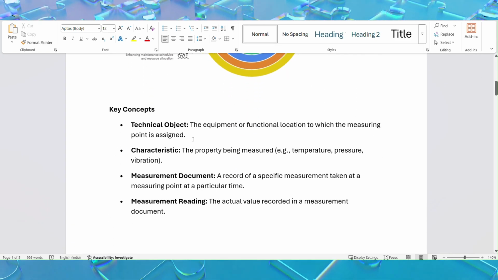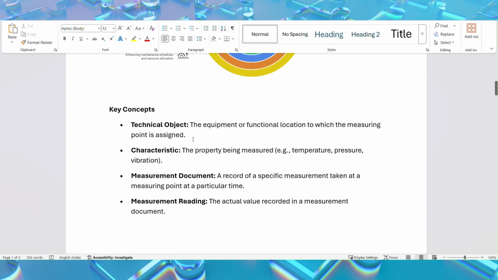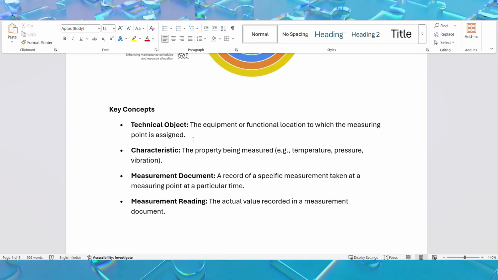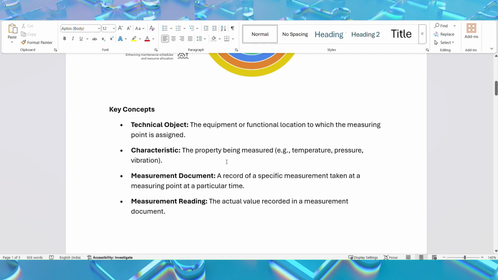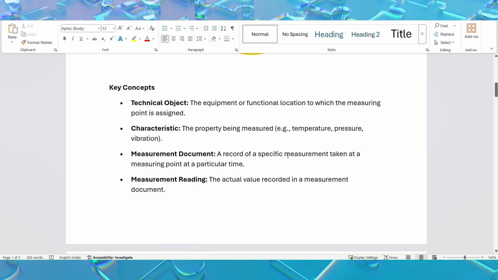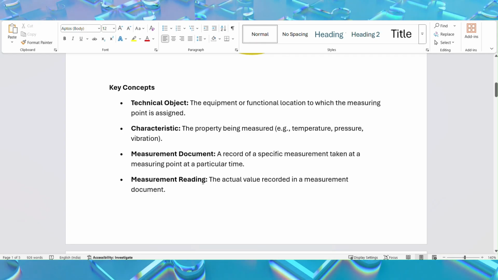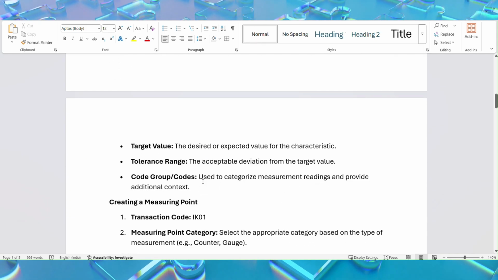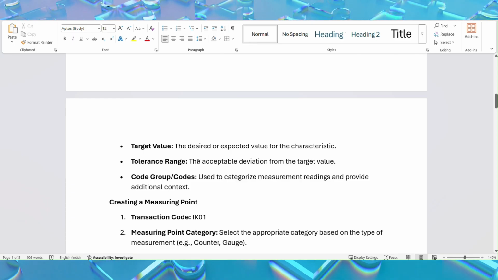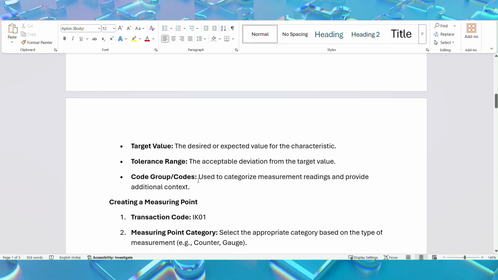So the key concepts here are the technical object, the equipment or functional location to which the measuring point is assigned, then the characteristic, the property being measured, for example temperature, pressure, vibration, and the measurement document, a record of a specific measurement taken at a measuring point at a particular time, then the measurement reading, the actual value recorded in a measurement document. Okay, and then the target value, the tolerance range, then the code groups and codes,